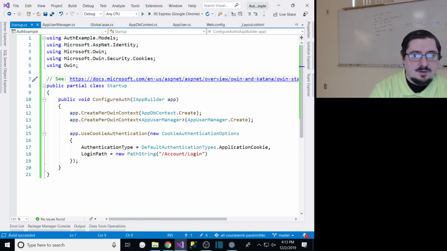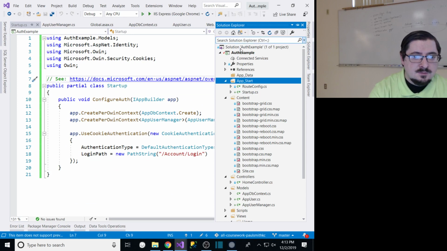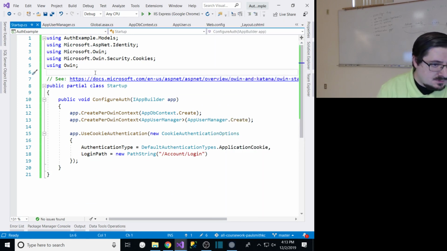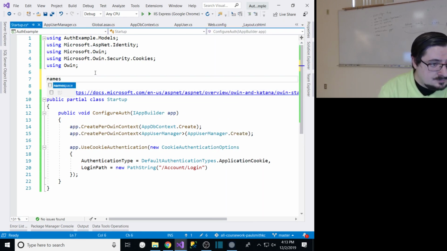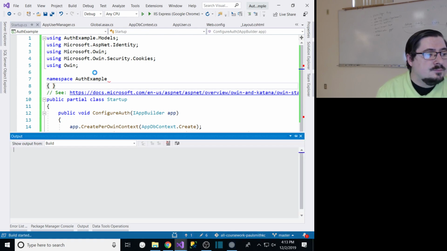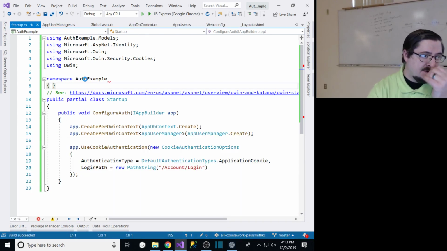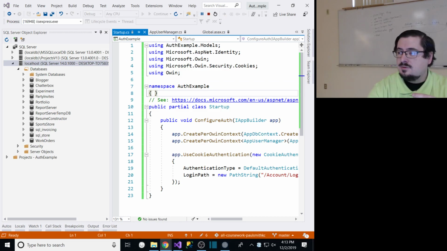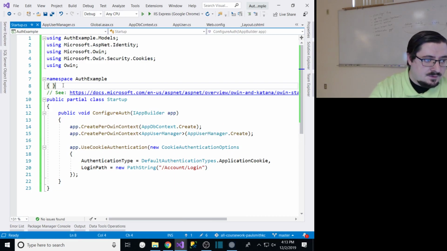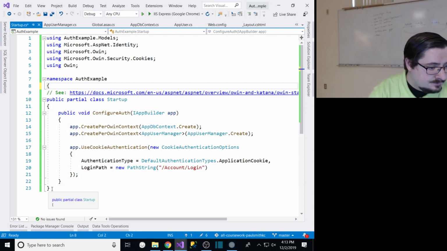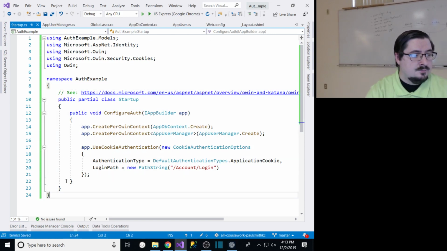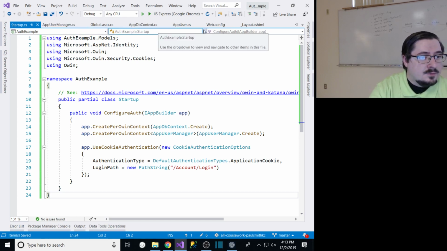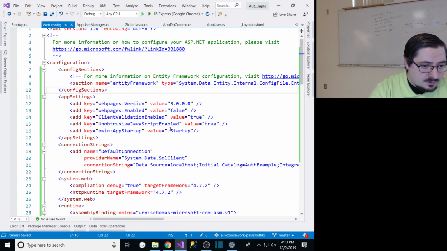I may have to put that into a namespace. So namespace authentication. This is just me testing to see if this will work. I'm not sure if this is the right thing or not. Namespace auth example, and then in the web config,